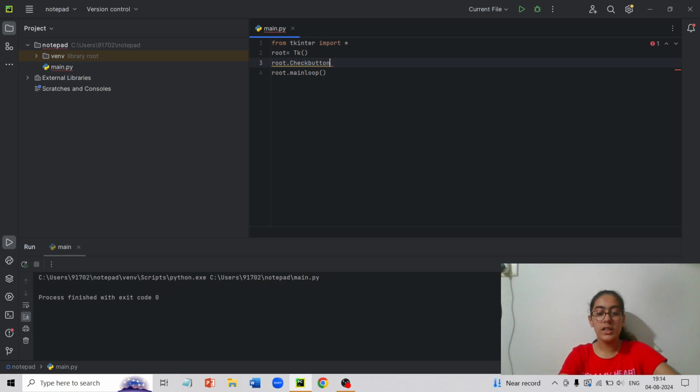So here in the bracket, the first variable should be root, the container. Next should be text. So text equals to hey.